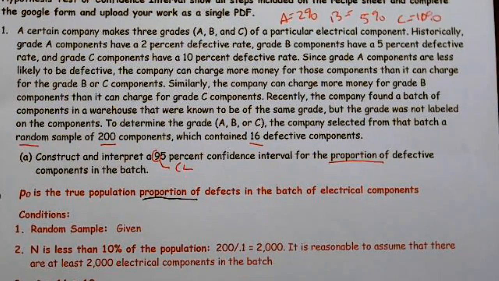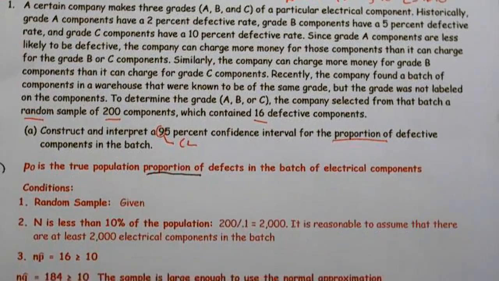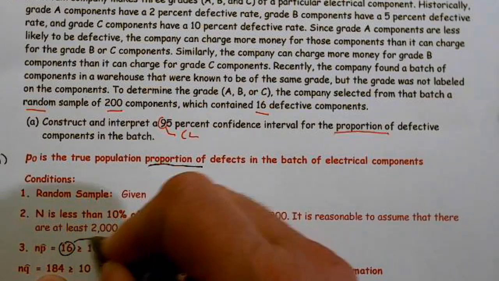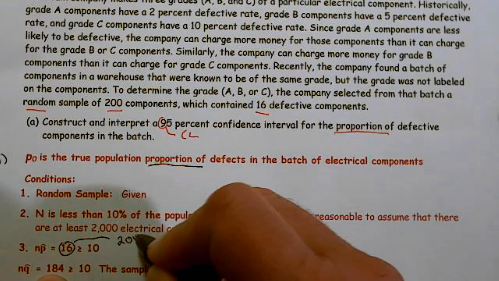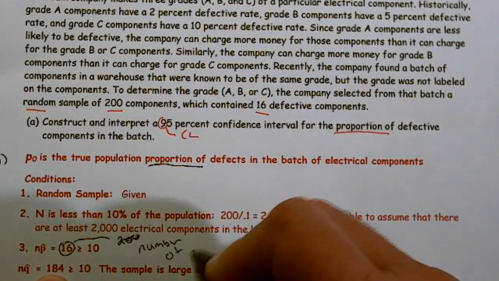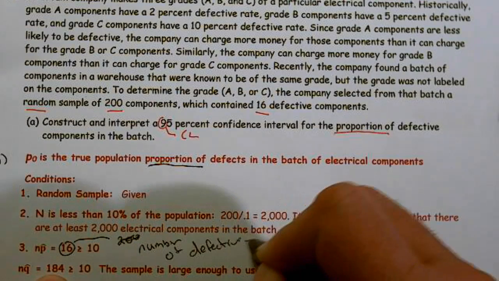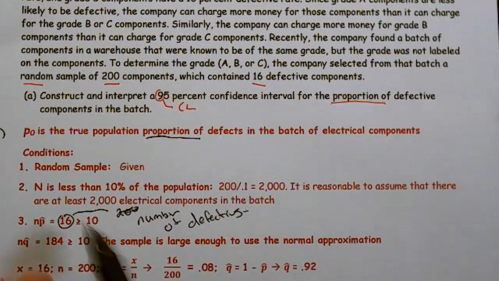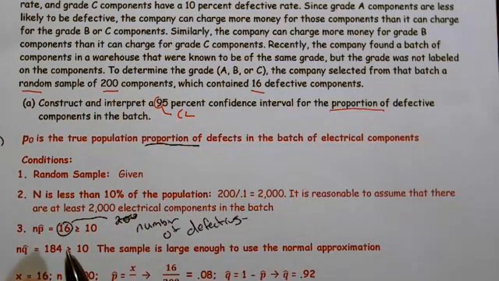The next condition is normality. And in this case, they actually gave us how many they tested. So in this case, np is equal to 16, which is greater than 10, because 16 happened to be our number of defectives. This was the number of defectives out of the batch of 200. Well, if 16 was the number of defectives, 184